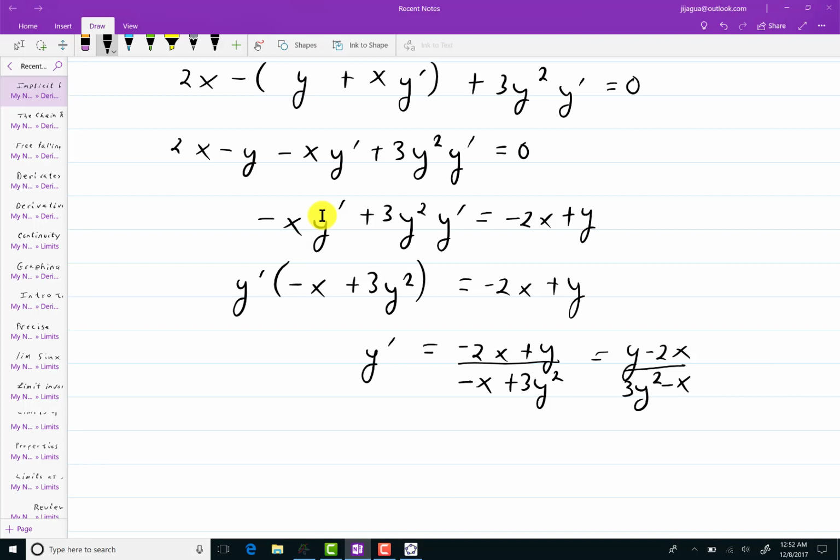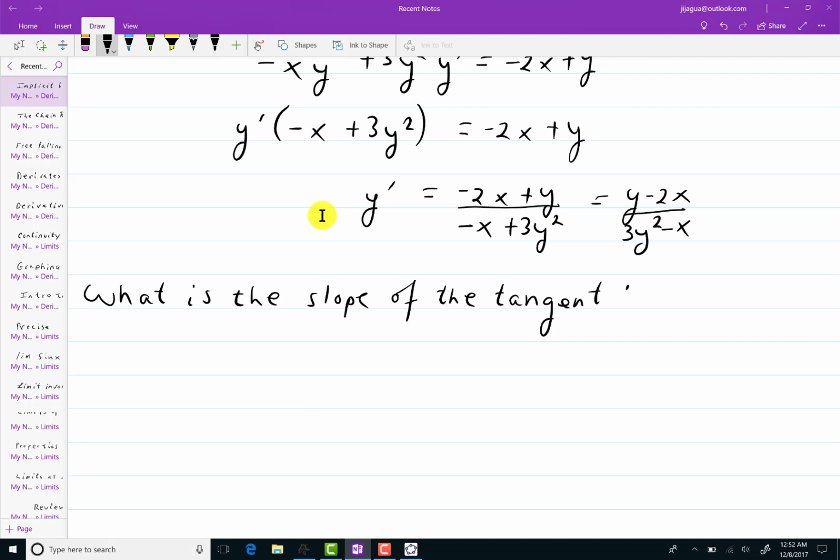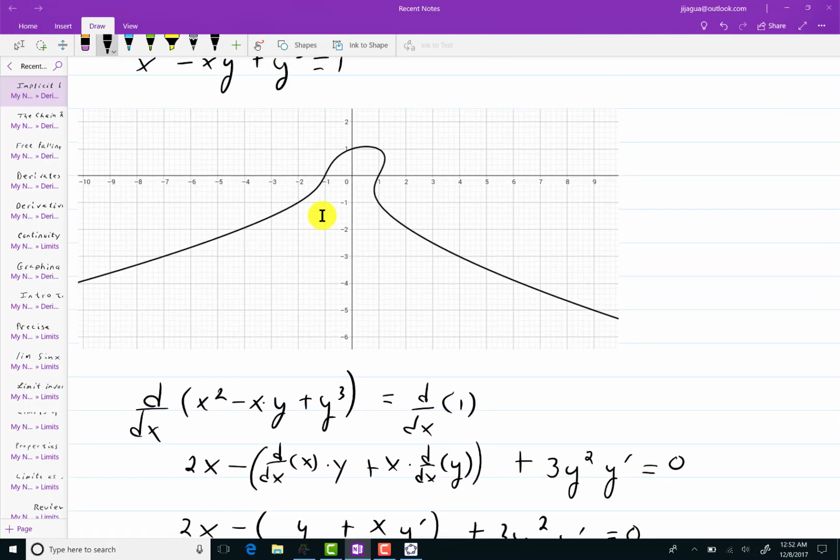Alright, so before I answer the questions I did before, what is the slope of the tangent line when y equals, let me go back up here, let me see how y goes. I'm going to say when y equals 1, right there. So I'll know x will be equal to 0, but when y equals 1,